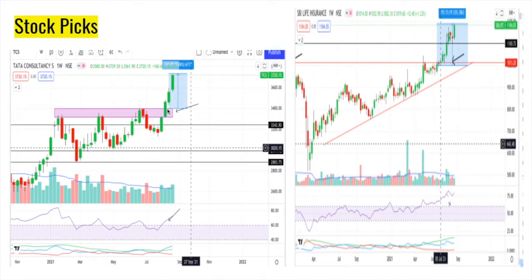It is a clear breakout, but it has gone almost 2 bars fully up, and a good percentage move has happened. So be careful, but it is breaking out and it has momentum. You can play it, although be ready to catch the retracements and then keep the stop losses tight at this breakout zone. On the right side you have SBI Life Insurance, which also is trending excellent, and